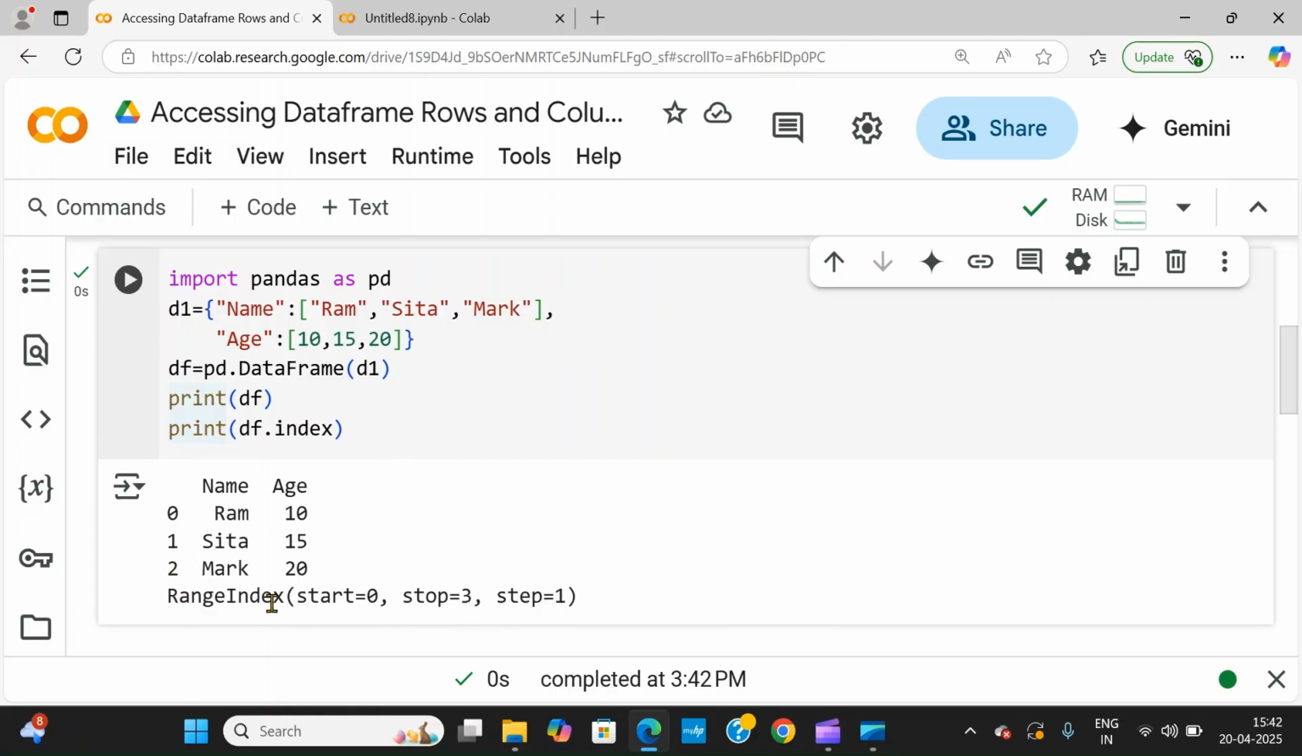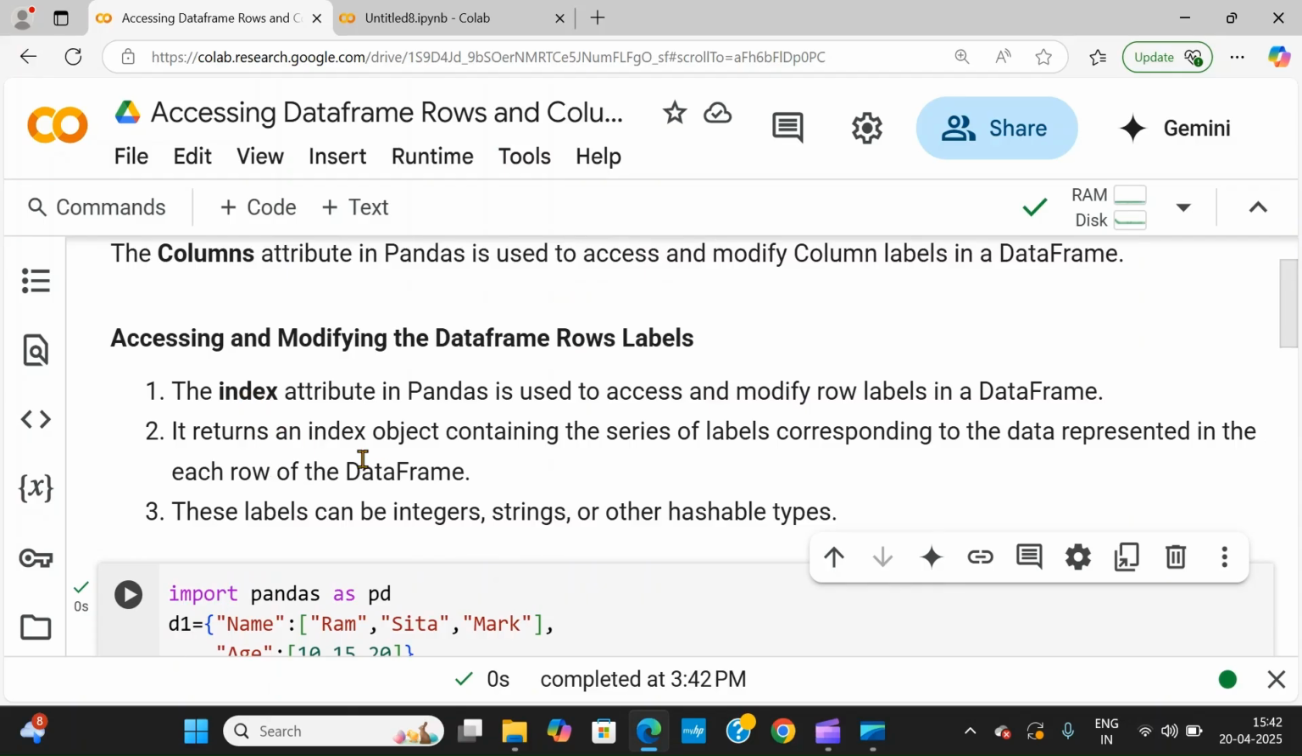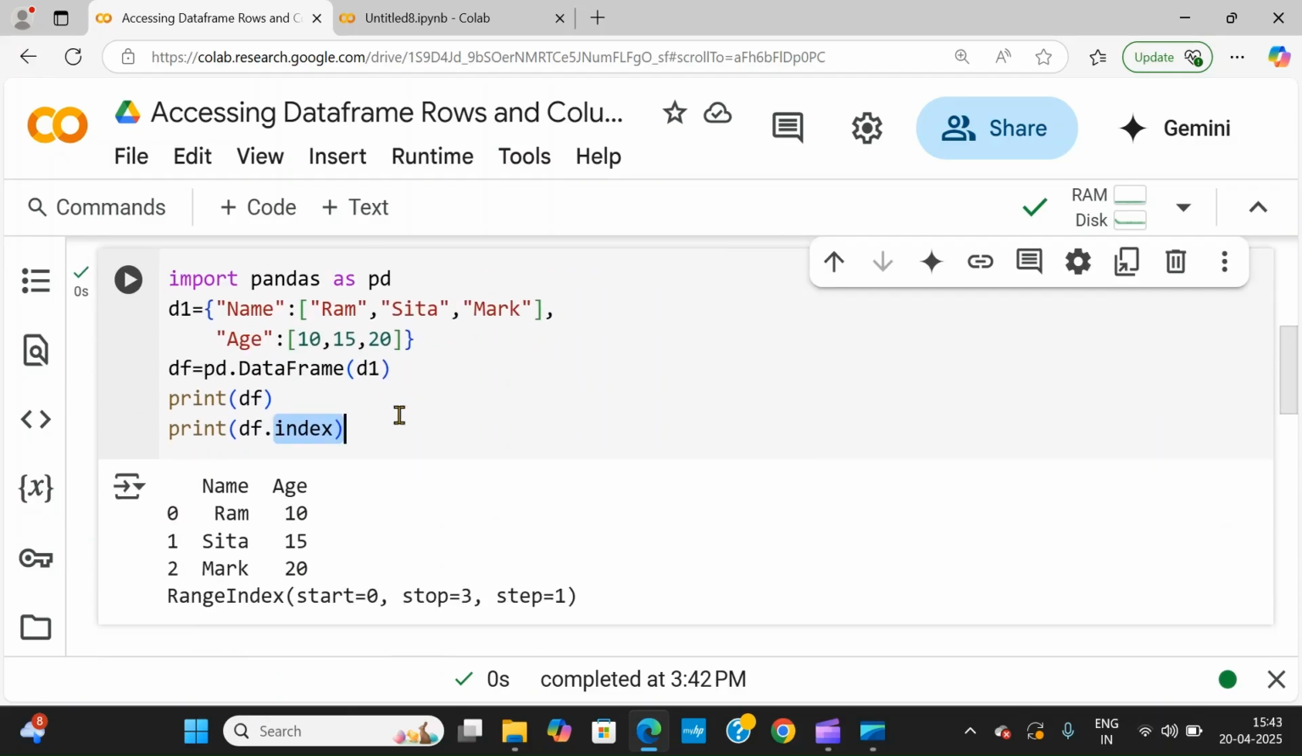Okay, so if you want to access the row labels, then we're taking the index attribute. I already mentioned the index attribute is used for that. Similarly, if you want to modify the index, like 0 1 2, I don't want 0 1 2, I want something else. So what I can do here is write